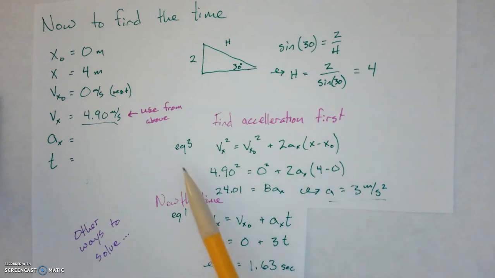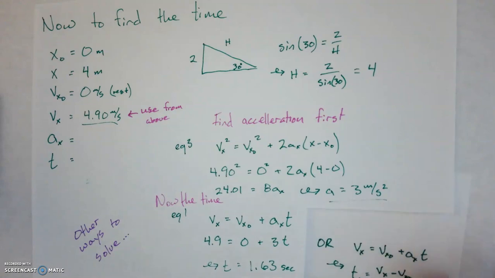So I'll pick motion equation number 3, plug in what I know and solve, and I get an acceleration of about 3 meters per second squared for this particular object. Then once I know the acceleration, I can plug that back into either of the first two equations. I picked the first one. Plugging that in, and I get a time of 1.63 seconds, or more generically,